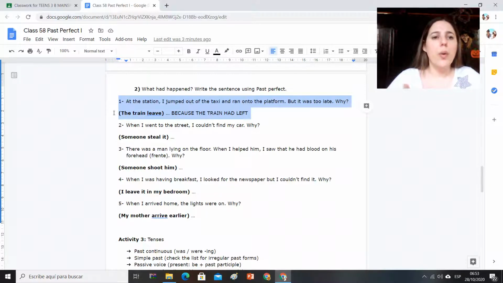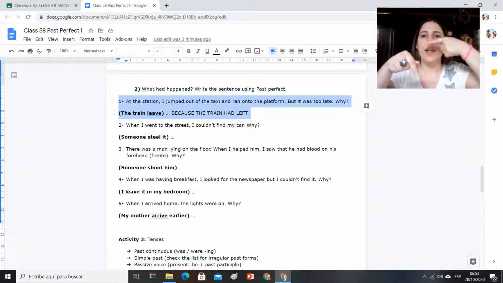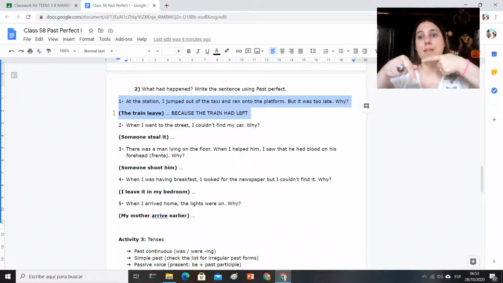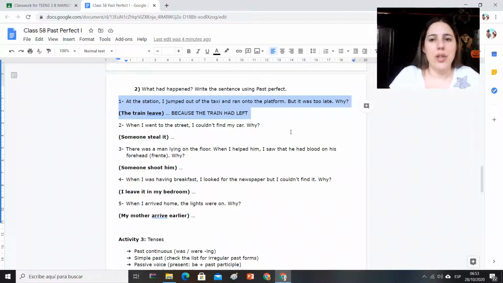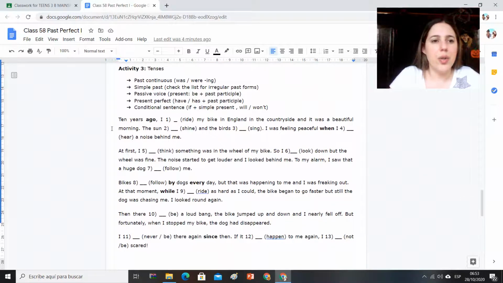Number 2, when I went to the street, I couldn't find my car. Why? Someone stole it. That's in past perfect. ¿Por qué no lo pude encontrar? Porque someone had stolen it. And then you continue. In activity 3, tenses, you're going to read the text and you're going to complete the